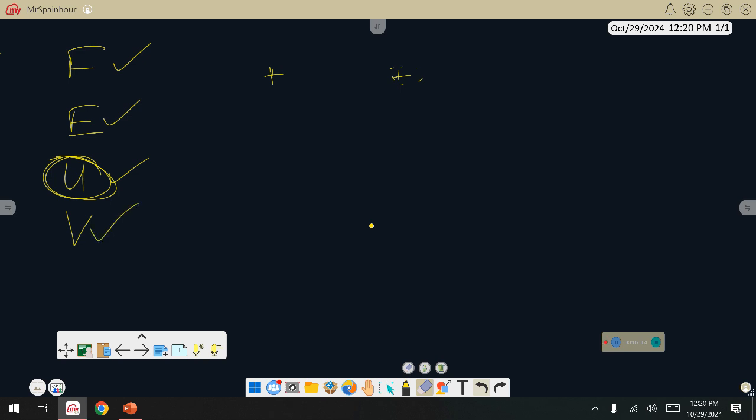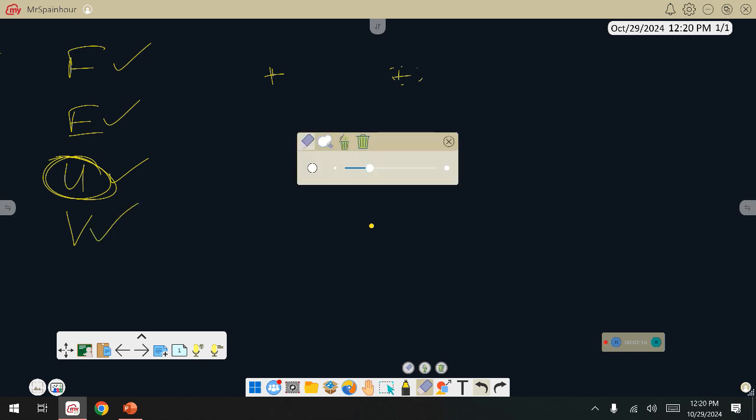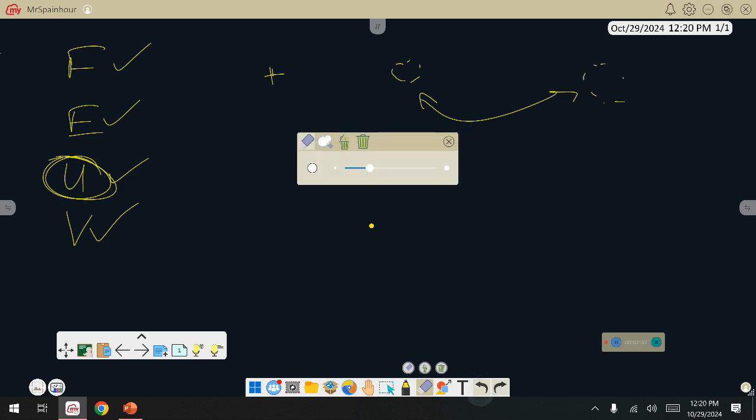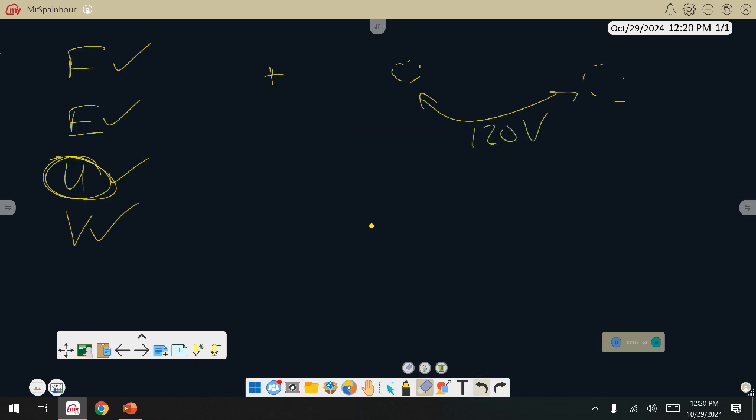Now, why would we use this instead? Well, we use that instead because do we technically know what's going to go from there to there? Do we know how much charge is going to go from there to there? No. So we say that between these two spots is, let's use the number I just said a second ago, 120 volts, which says that if the charge moves from here to here, it will get 120 joules for every 1 coulomb that passes through it. Does that make sense? Like I said, it's an empty hill.